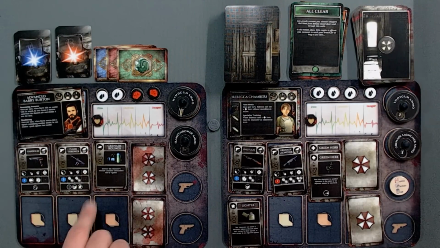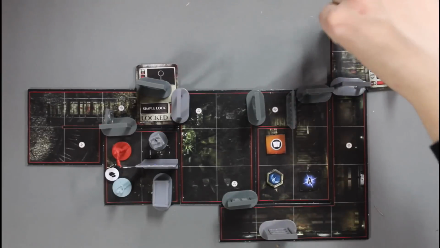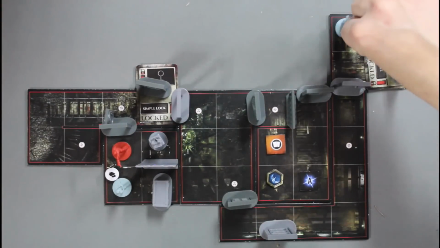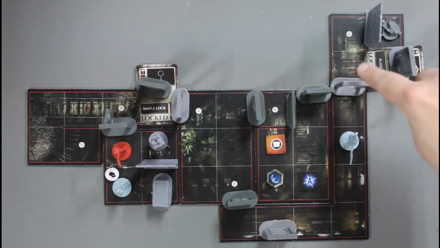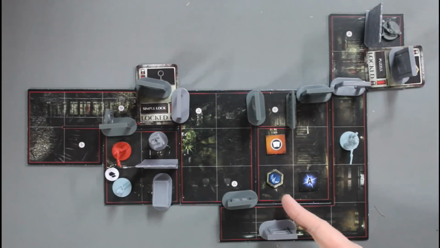Maybe I'll just blow away that zombie for the heck of it. So Barry gets those. That's good. So we pick that up. That can go away. Love it, love it, love it. That was 1, 2, 3, 4, making his way back down over this way. I think Barry's going to go into this room first in order to be able just to...